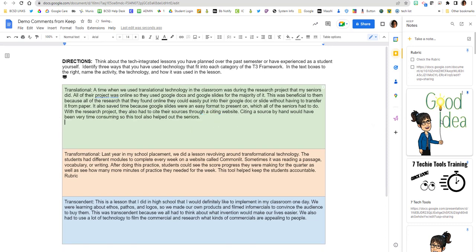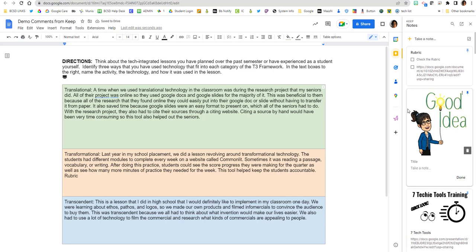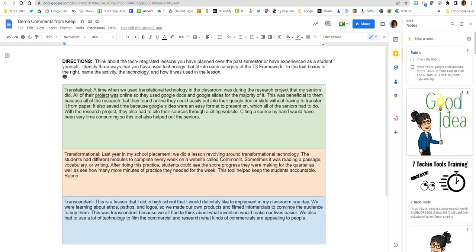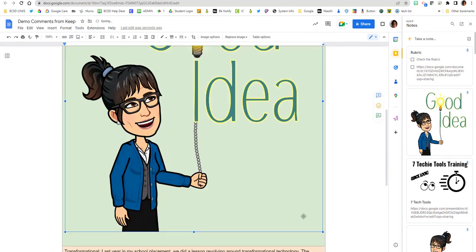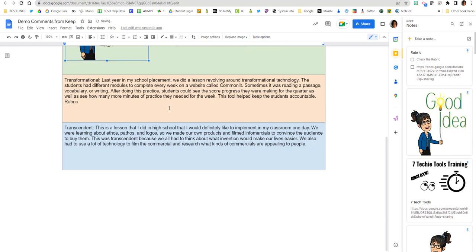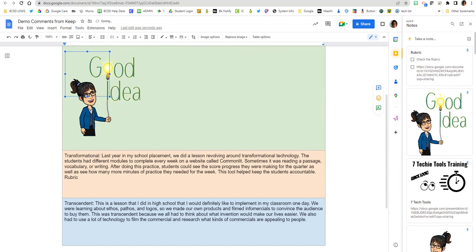And I just deleted it. If you are over here and you can't drag it over, make sure that you hit done so it's closed. So I'm going to go ahead and add that again and resize it. When I click on it, I get my little blue boxes so I can grab a corner